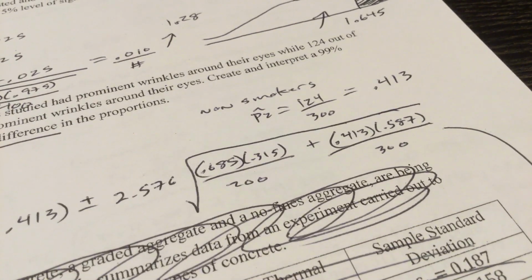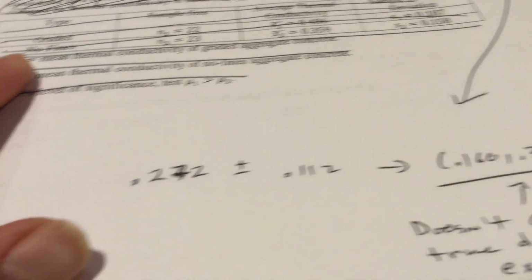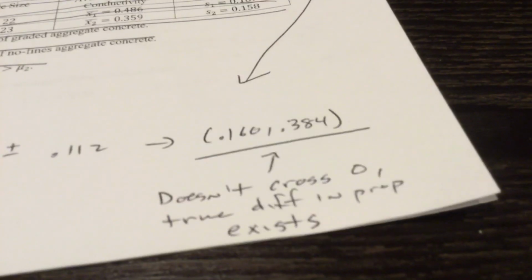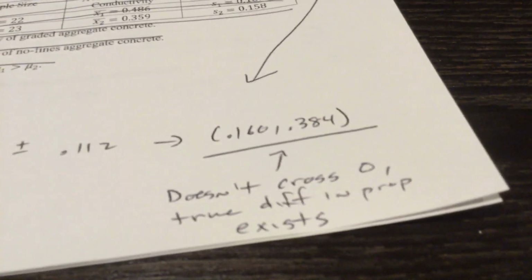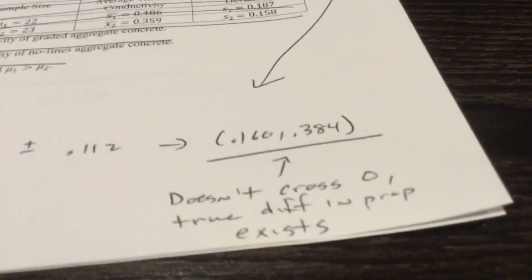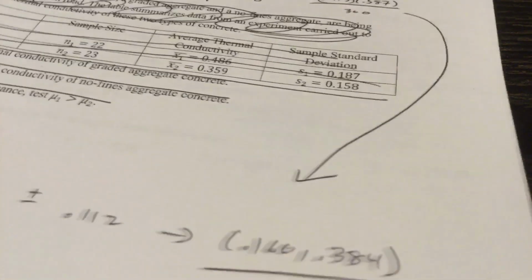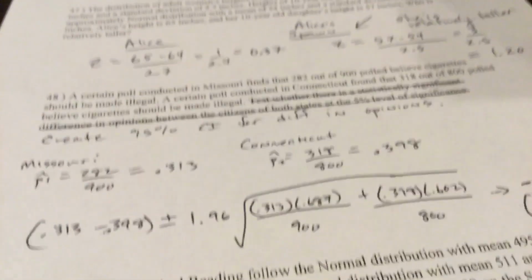Okay. Again, you guys have those formulas. Here is your answer. Does not cross zero. There's definitely a true difference in population proportion. Folks that smoke are going to have an increased chance of getting those prominent wrinkles. All right, next page here, 47, distribution of adult